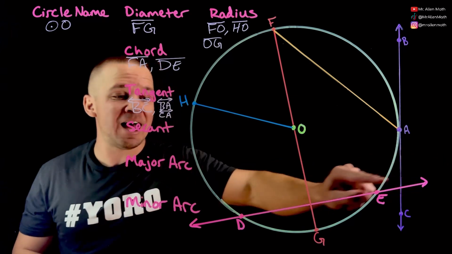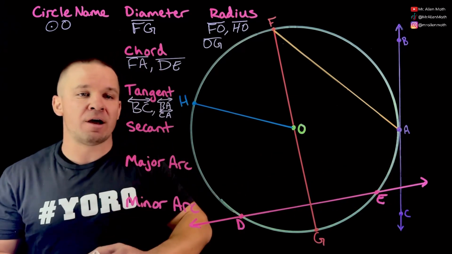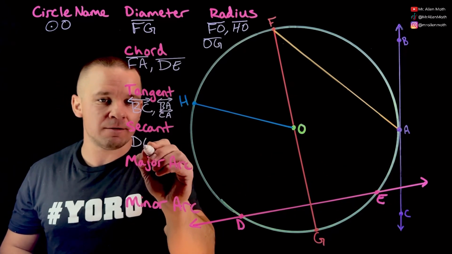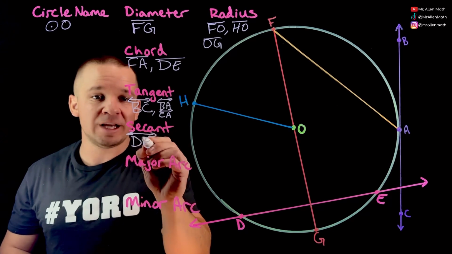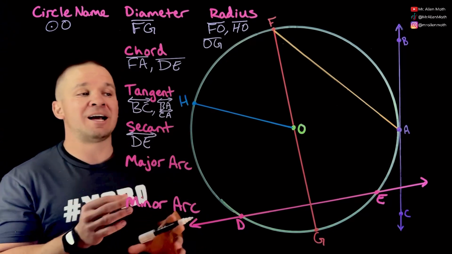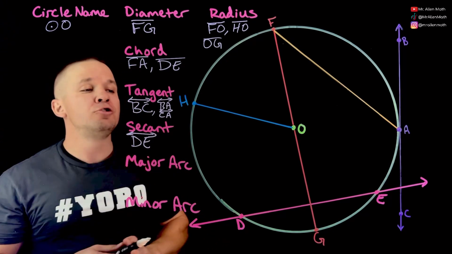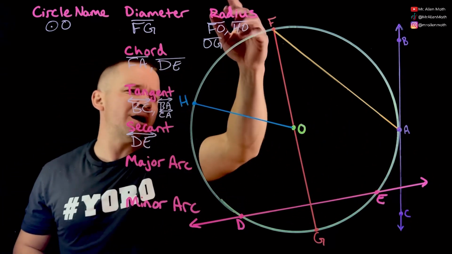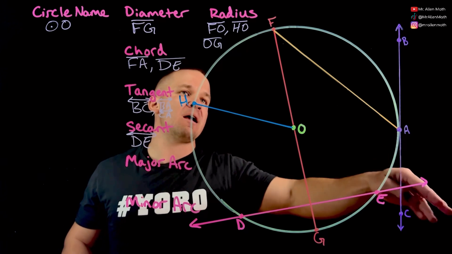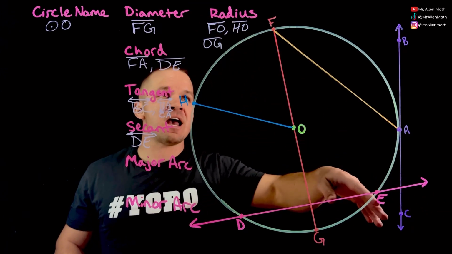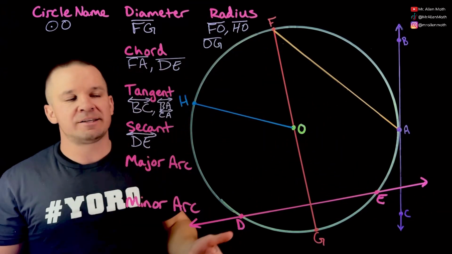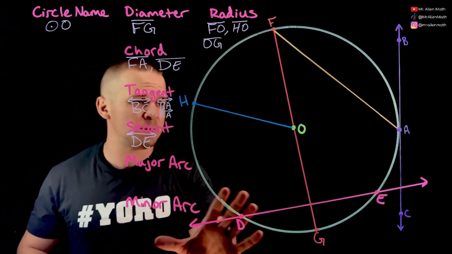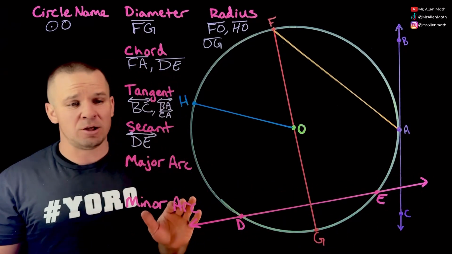The secant line, however, continues on forever and ever and ever. So here we're going to have DE, again with the line over it, not the line segment. So make sure to include your arrows there. If I was to draw extended here with the orange color for FA over and over, I could do FA with the line over it, not line segment, for secant. But since it's only drawn this way, the pink one right here, since that's the only one, we'll go with